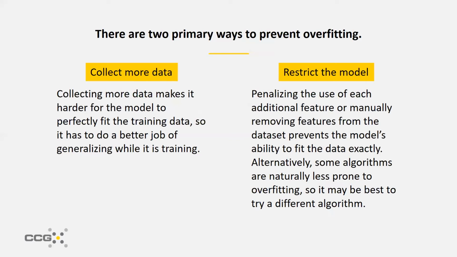The other possibility is to restrict the model. Some ideas were thrown out about the number of inflection points. A lot of that's going to come from the amount of polynomials that you put in your model. And so if you restrict how powerful your model can be, then it's less likely to overfit the data that it has in front of it. So those are the two general ways that we want to try to prevent overfitting.